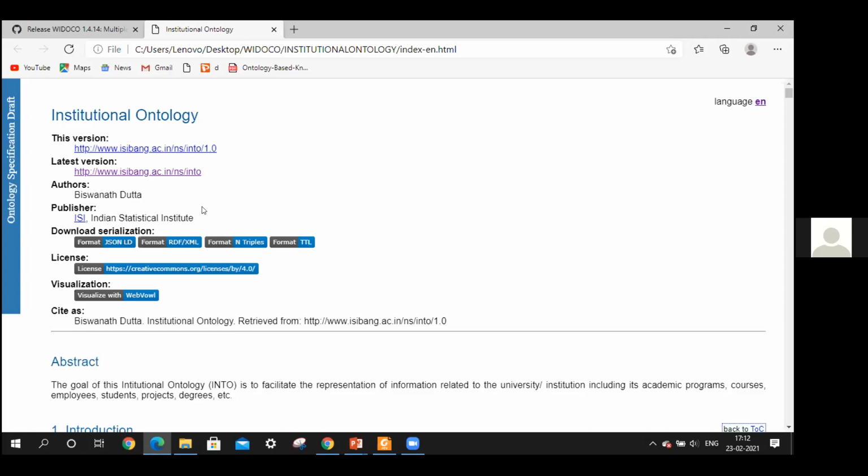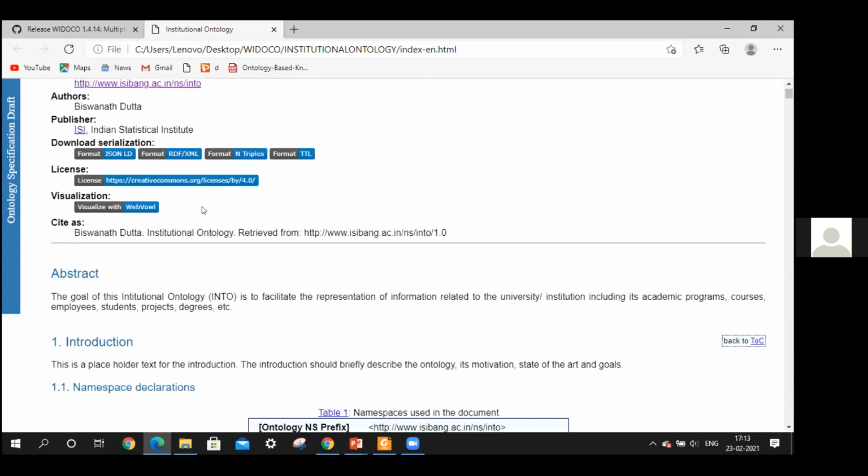So depending upon the users, if someone is interested in looking at your Turtle file, they may download the Turtle format. If someone is interested in JSON, they can just download that, or someone interested in RDF XML. So it goes like that, and it comes free, right? We don't have to do anything. This tool itself transforms it into multiple formats. That's another thing we see. And then visualization, of course, you can see below the license that we have the visualization, and of course it's there further down the page as we scroll down, and we will see that.